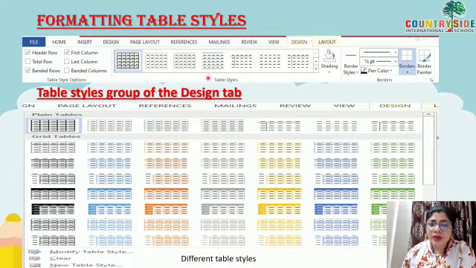The next is formatting table style. Now you have drawn this table, okay, but you do not want a simple kind of table. You want a designer table. So Word allows you to change the design or the look of your table. Many options are there. See, over this area in the Design tab, you will see many designs, and the moment you click on these arrow keys, you will see all these kinds of designs. So any one you can choose, whatever color, whatever design you choose, your table will be created with that particular design.